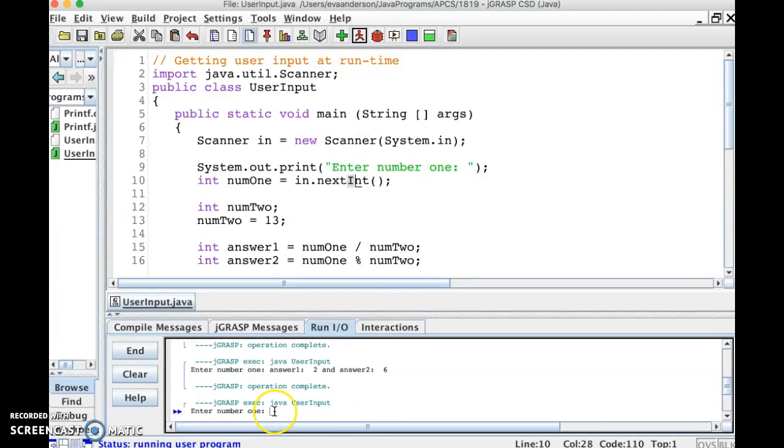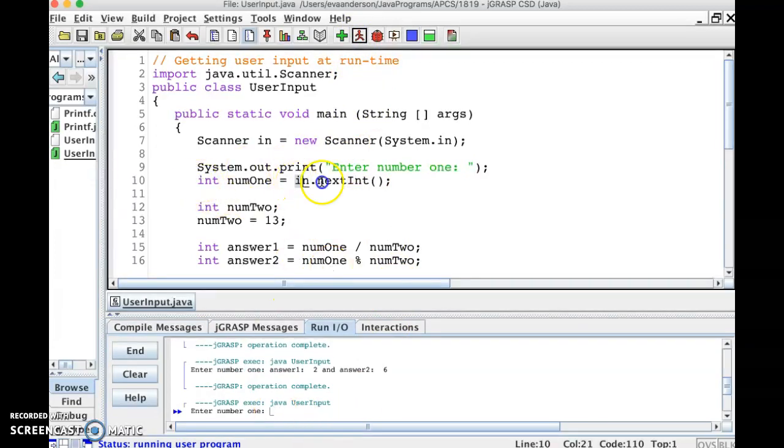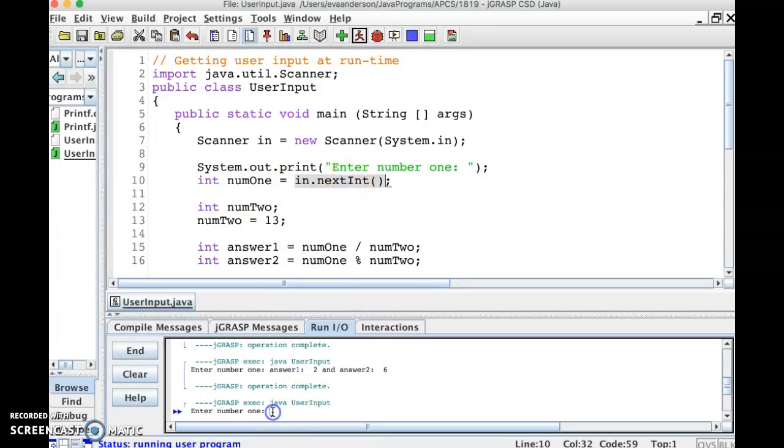Now look, it's waiting, right? So the addition of this next int is waiting for the user now to enter. So you actually click down here in this Run IO window. And I'm still going to type, no, we shouldn't do the 32, right? Let's do